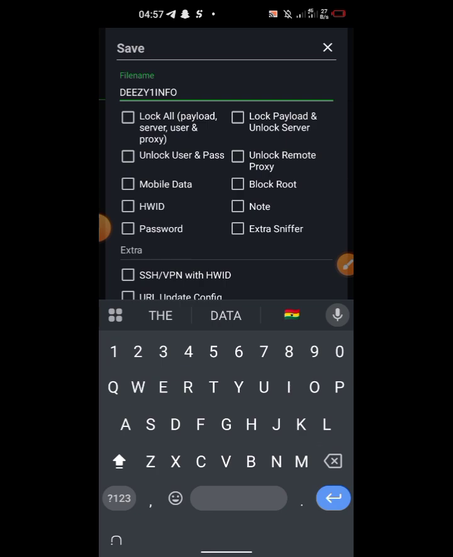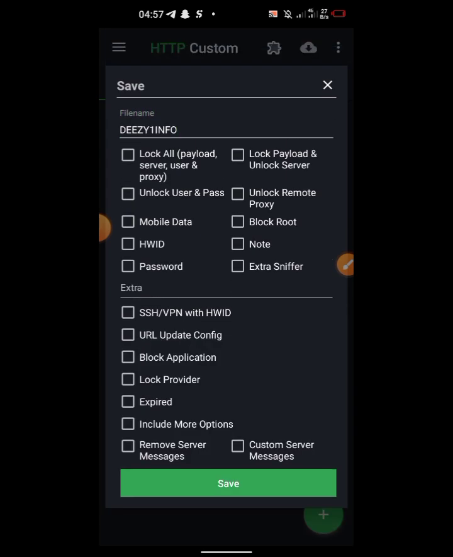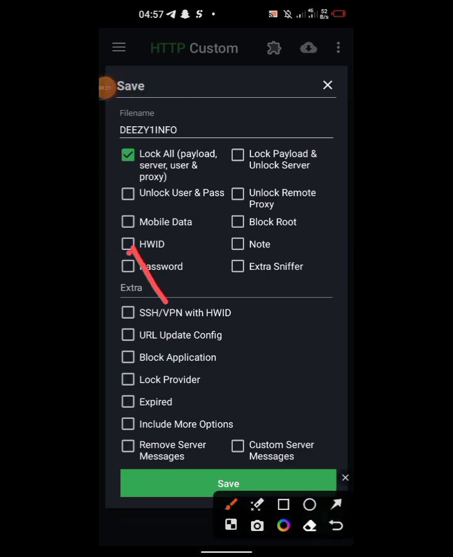Then after creating the file and you want to save it, use the user's name to remind you that this particular file belongs to this particular person. Then you come to lock it. You select the hardware ID.